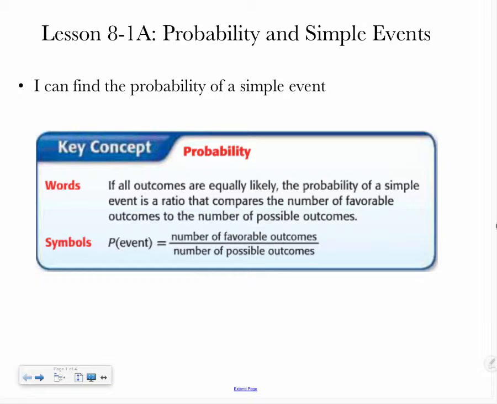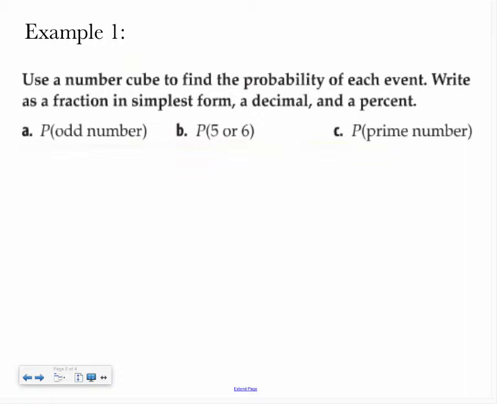Something that I want to make sure you have written down somewhere is this right here. We have the probability of an event happening. P stands for probability, the probability of an event, whatever I specify, equals the number of favorable outcomes, what I want to happen, over the possible outcomes. What you want to happen over the total possible outcomes. So make sure you pause the video, give yourself time to copy that down, and let's jump into our first